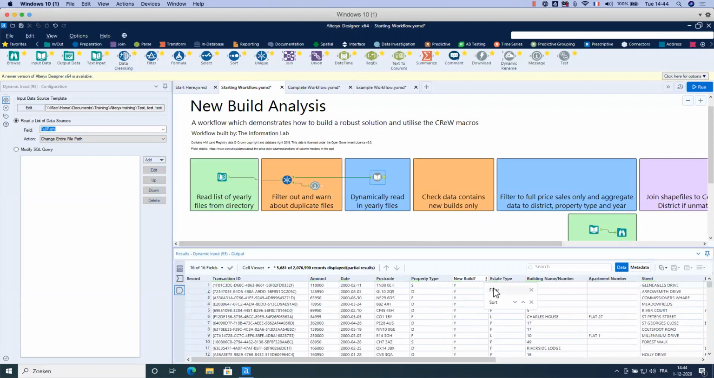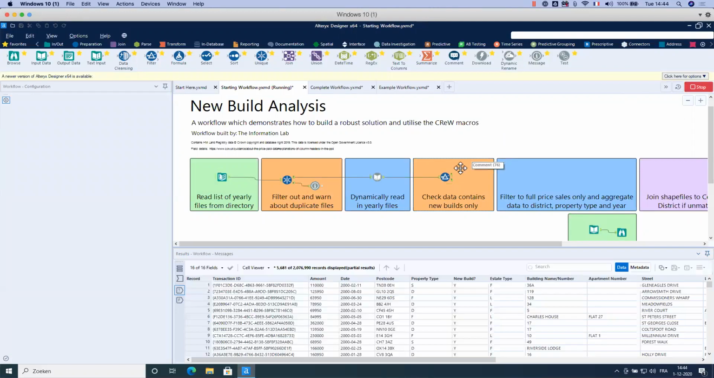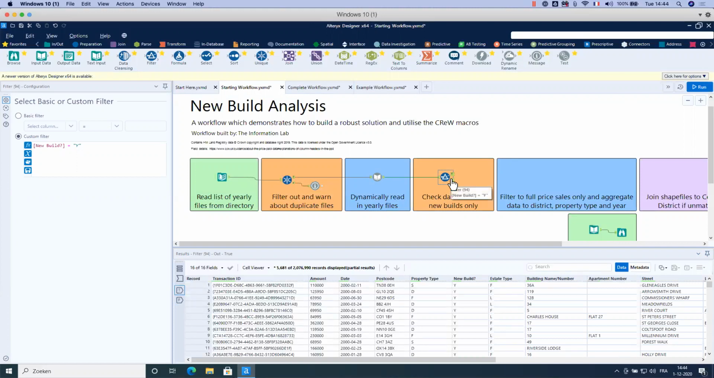So I will do it from here, filter, yeah, apply. Then I will add it to the canvas like this. I run it. But in fact, everything is NewBird, sorry. But I would like to have a message that warns me if I don't have a NewBird in this data set. So here I will drag a message,